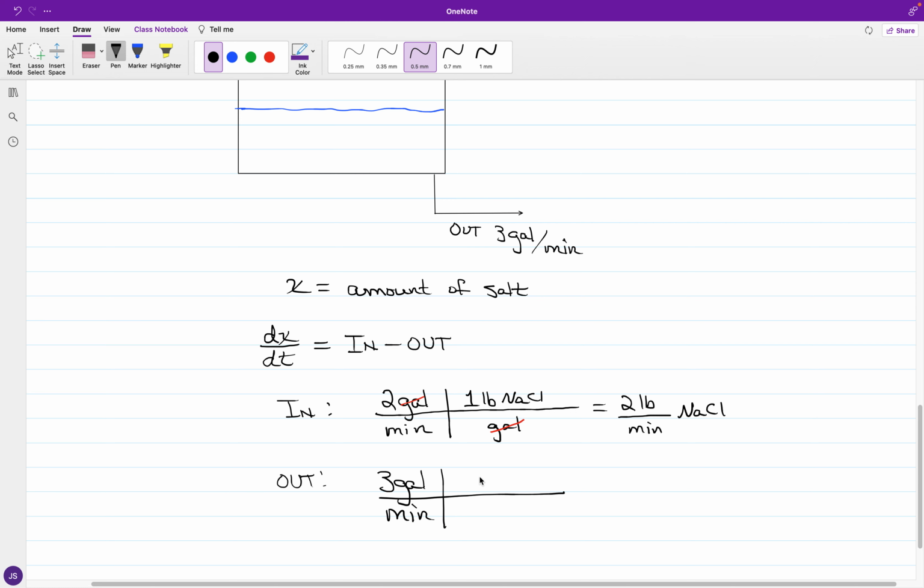But as everything is becoming mixed, some of the salt is going to be exiting. So we'll say we have x pounds of sodium chloride. And in terms of the flow rate,